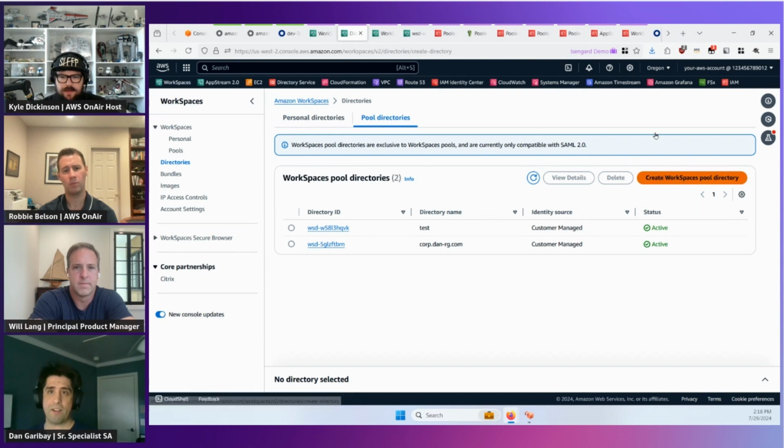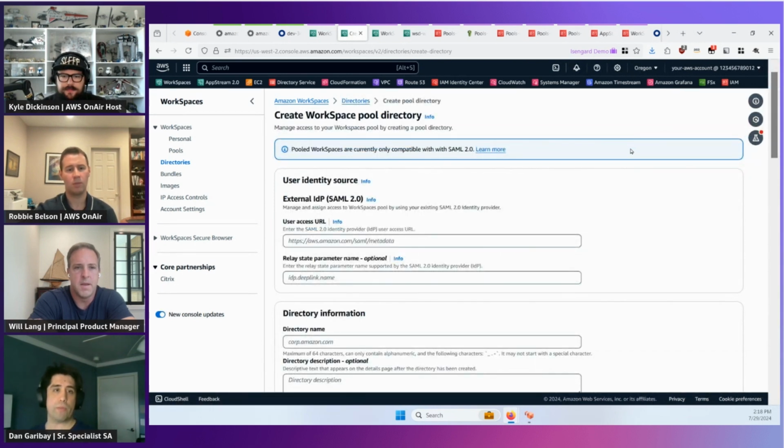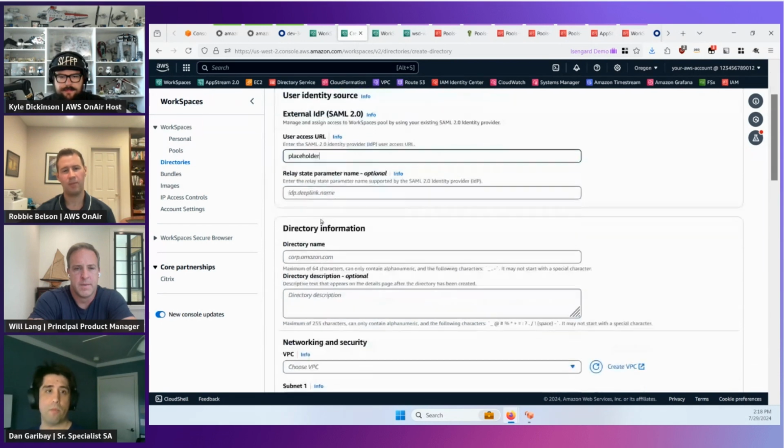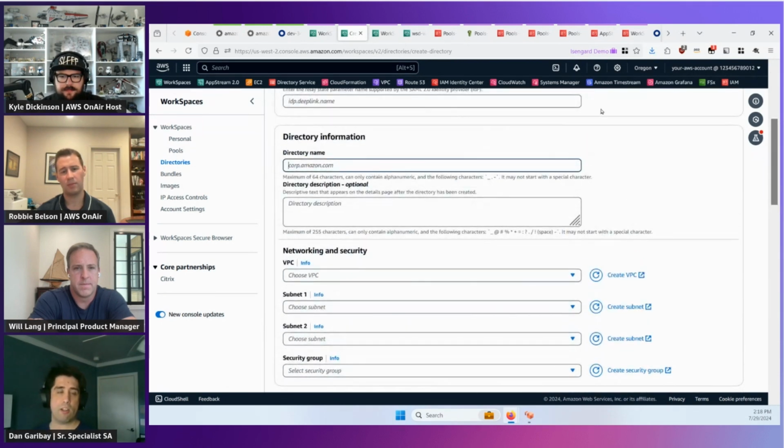So let's take a look at creating one. When you create a pool directory, you have a mixed dependency here on your SAML provider, like I'm using Okta in my case. So we'll just put a placeholder here for the moment. We'll come back and change the setting later. We skip these two settings. And then over here for a directory name, we just specify a friendly name for a directory. It doesn't have to be an Active Directory fully qualified domain name or anything like that. So we can say demo directory. Typing is hard. And then we provide a description here as well.